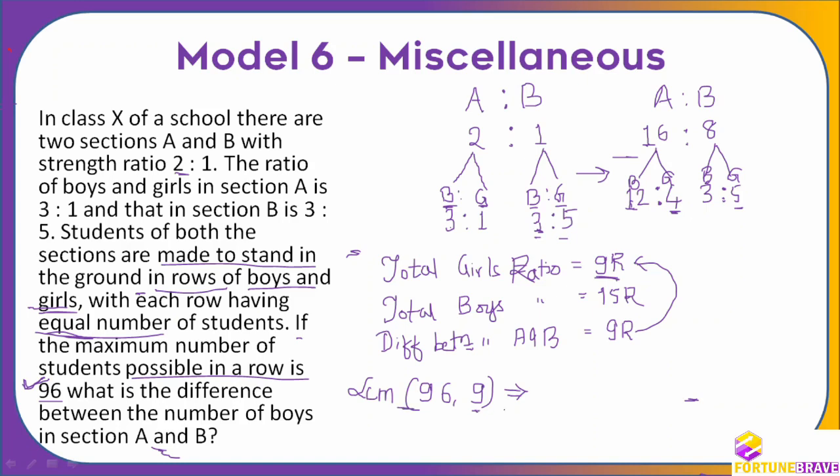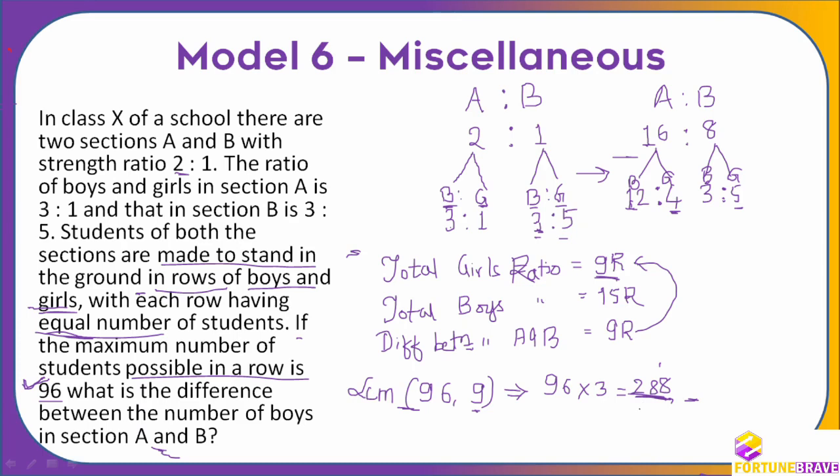So we will find the LCM. You can see here there is 1, 2, 3 is here. There is only 1, 3 here. 9 and 6. So we have 15. So it is divisible by 3, but it's not divisible by 9. So we need another 3. So the LCM is 96 into 3, which is equal to 6 3s are 18 and 3 9s are 27 plus 1 is 288. So there are 288 girls.